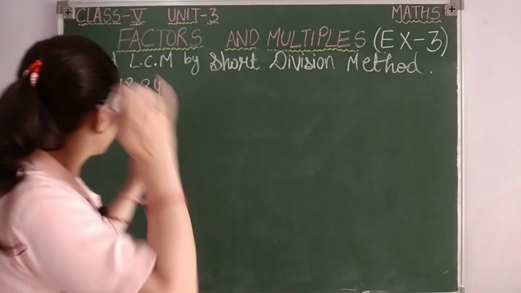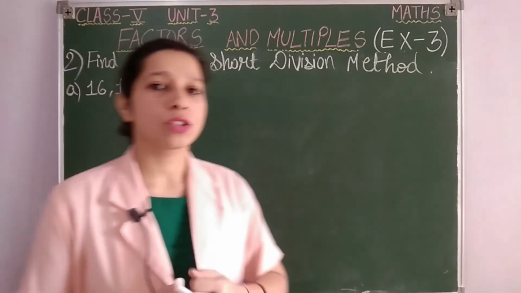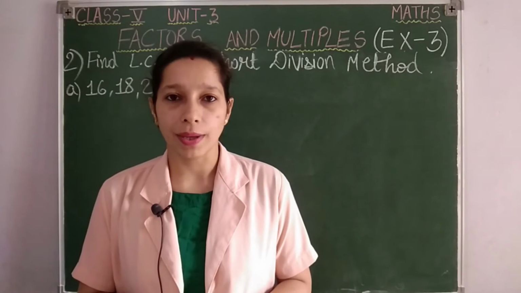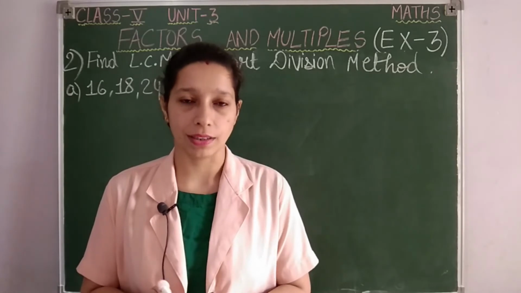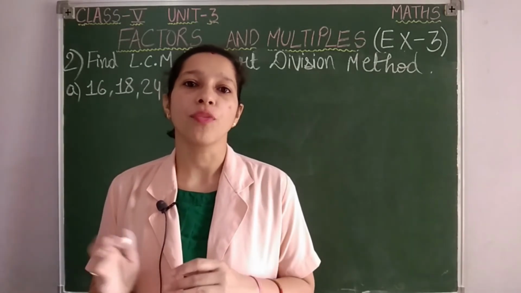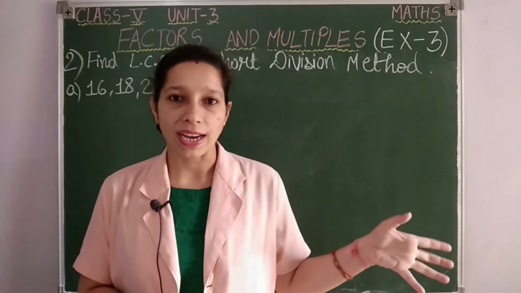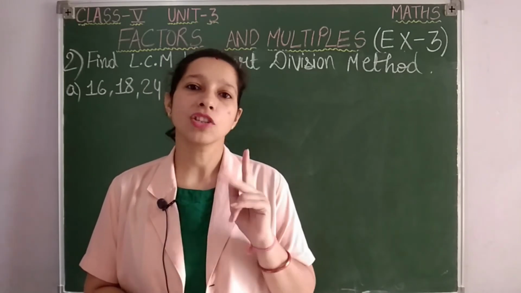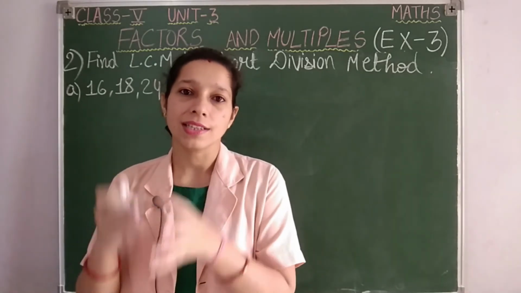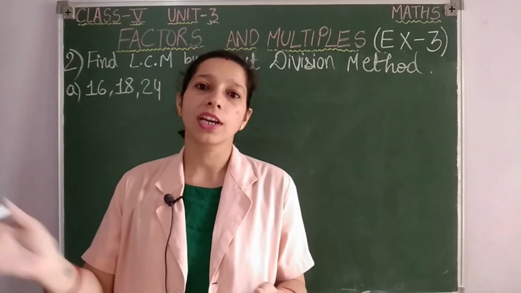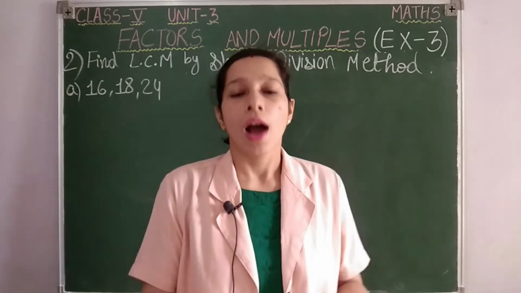So students, question number 2 is find LCM by short division method. And first point I have taken, see students, for finding LCM by short division method also, the first step will be the same as for the prime factorization method. Here also we have to take out the product of prime factors for each given number. But the only difference between the prime factorization method and the short division method is that here we will not find the prime factors separately for the given numbers. Here all the three numbers together I will write, and together itself I will write their product of prime factors also. How? Let us see.